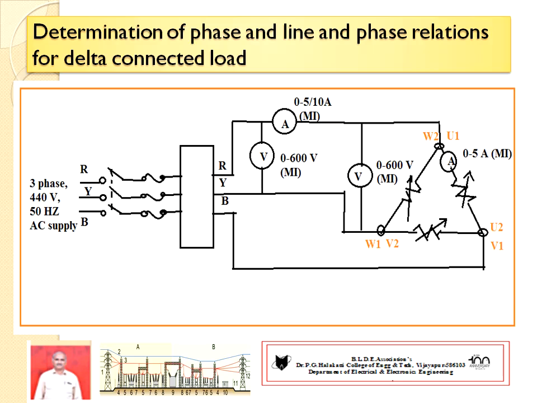This ammeter reads the line current. The voltmeter has two terminals. It is connected between the R line and the Y line, so it reads the voltage called the line voltage. One voltmeter is connected across W1, V2 and W2, V1. It reads the phase voltage.